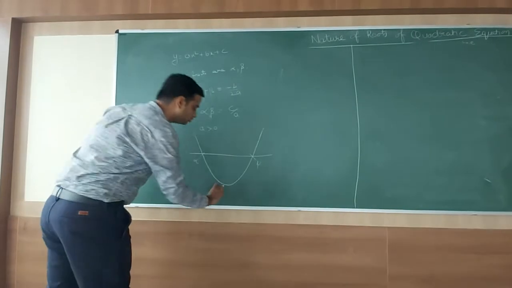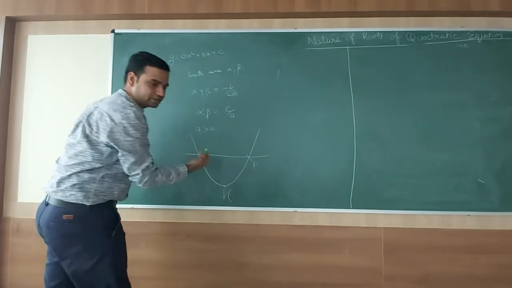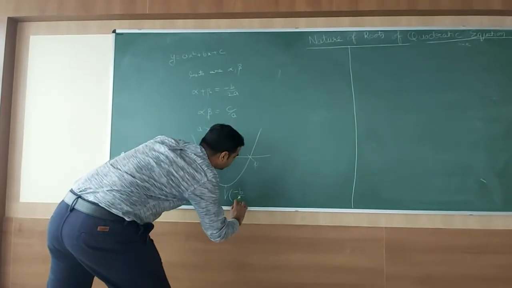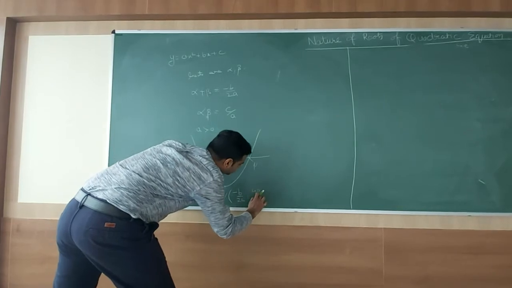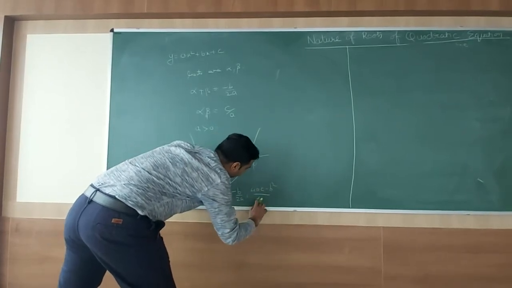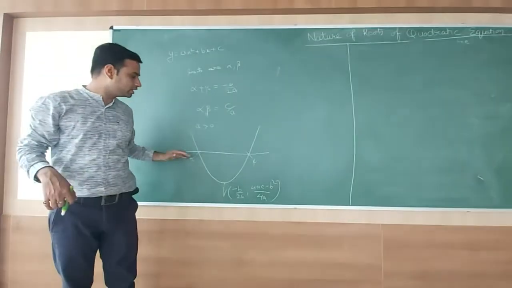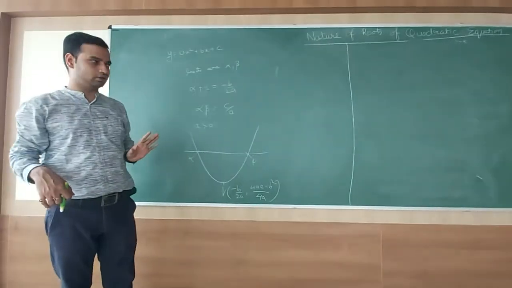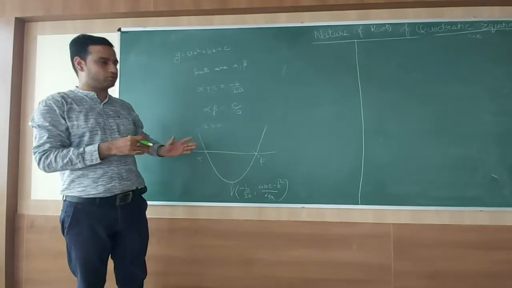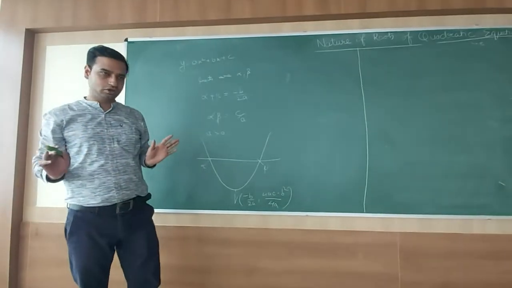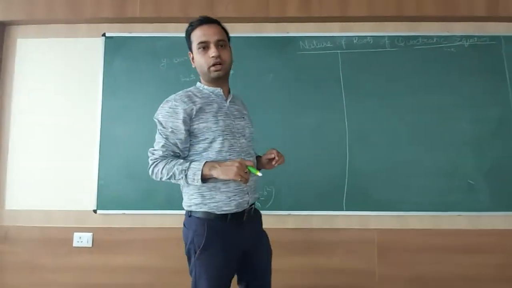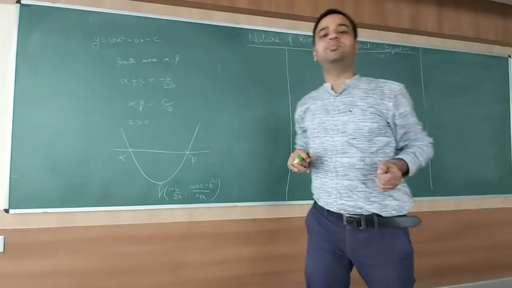And we are talking about the vertex of this, as it is a parabola. So minus b by 2a, comma 4ac minus b square upon 4a is its vertex. It is going upward and cutting the x-axis at two points alpha and beta. We are assuming that the quadratic equation is having two roots. So first of all, we would like to try the case where both the roots are positive.